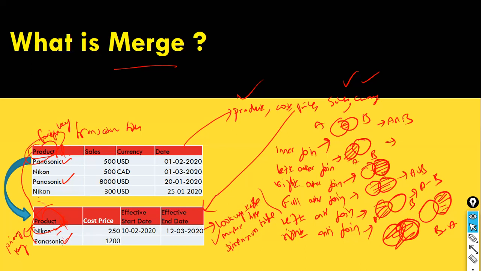Now the question is, when will you do the left outer join? The left outer join theory part is fine. So when will you do the left outer join? What kind of scenario? Tell me a scenario where you did the left outer join. Like left outer join is when, for example, if I'm taking this AB product,